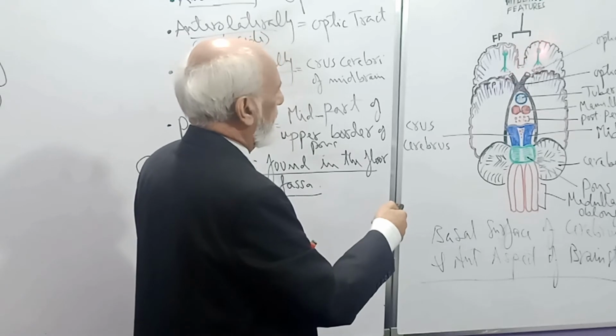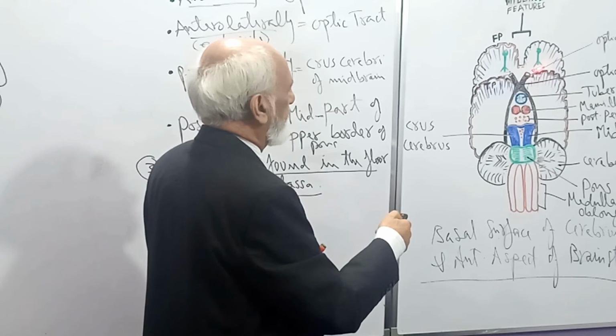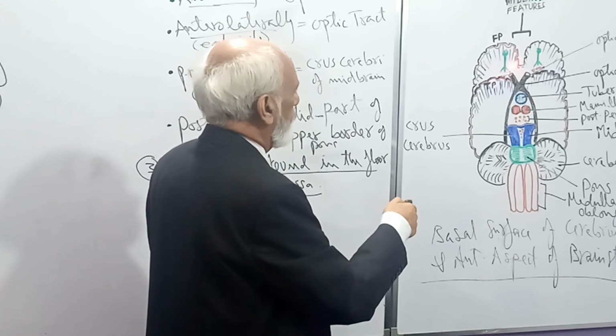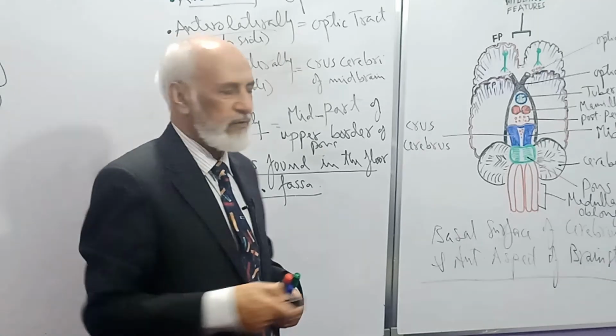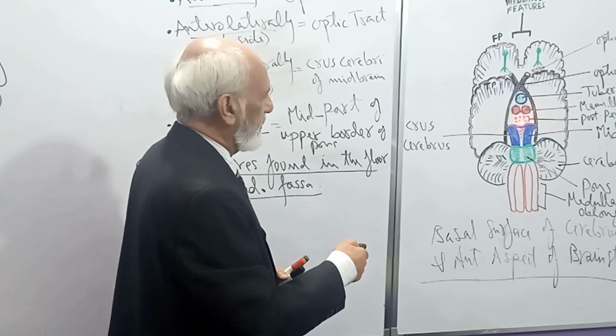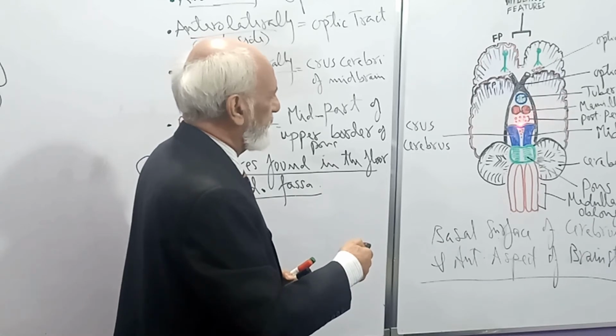Just like here, this is olfactory bulb, tract, stria, and this was anterior perforated substance on the left side and here on the right side. So there are two anterior perforated substances, but in the floor of the interpeduncular fossa, in the midline, there is posterior perforated substance. This posterior perforated substance is not only on the basal surface of the cerebrum, but extends downwards to the anterior aspect of the midbrain between right and left crus cerebri.